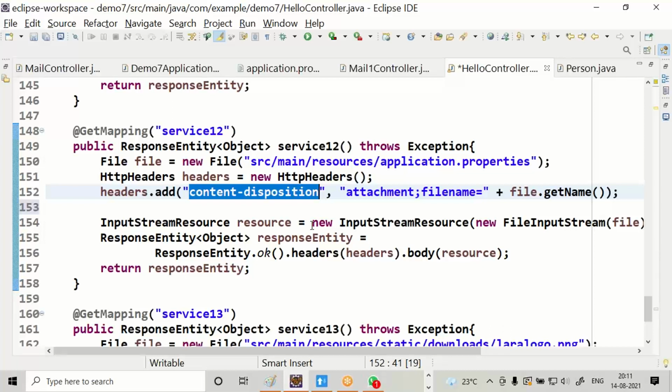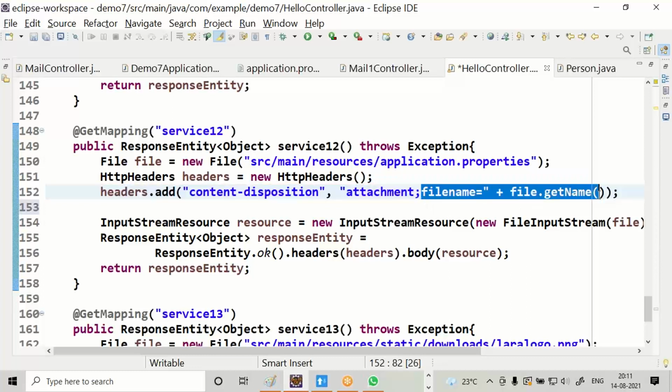Content-disposition. You can specify attachment along with the file name.